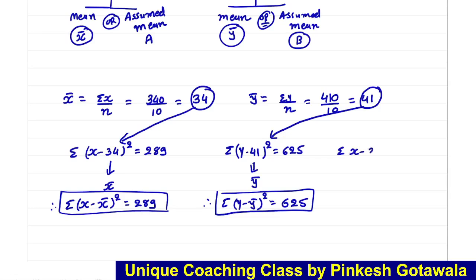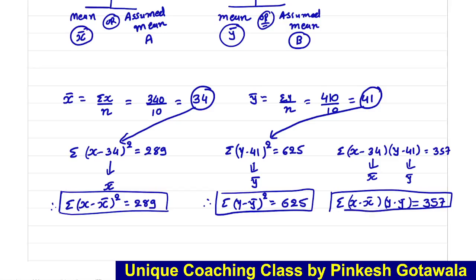Sigma (x minus 34)(y minus 41) is equal to 357. So now you get the idea. X bar here is 34 and, sorry, 41 is our y bar. Okay, you have got the idea now. 34 is x bar, 41 is y bar. Now it has become sigma (x minus x bar)(y minus y bar) is equal to